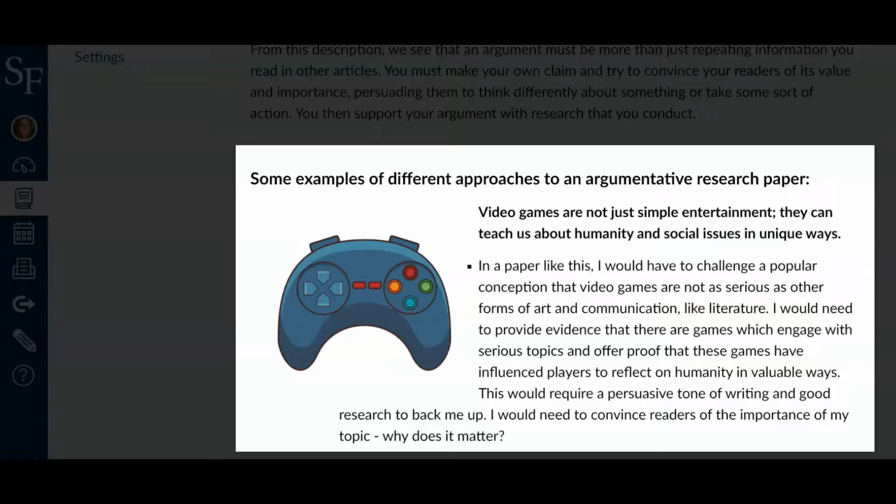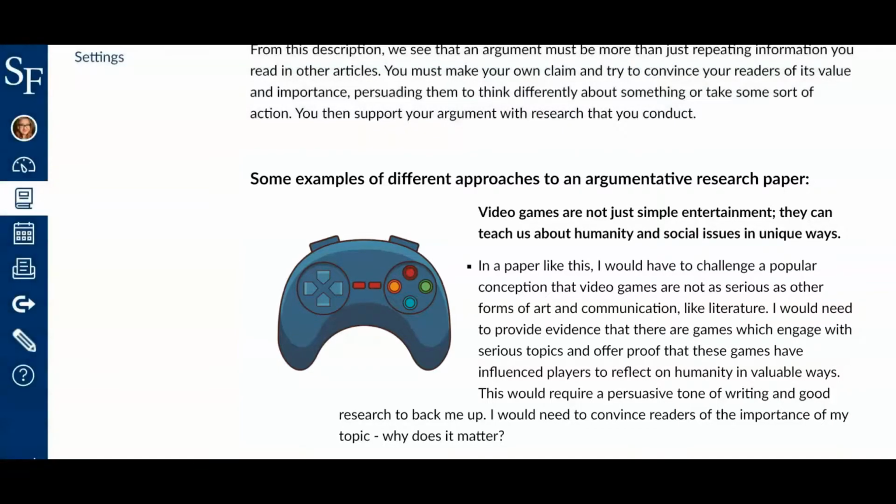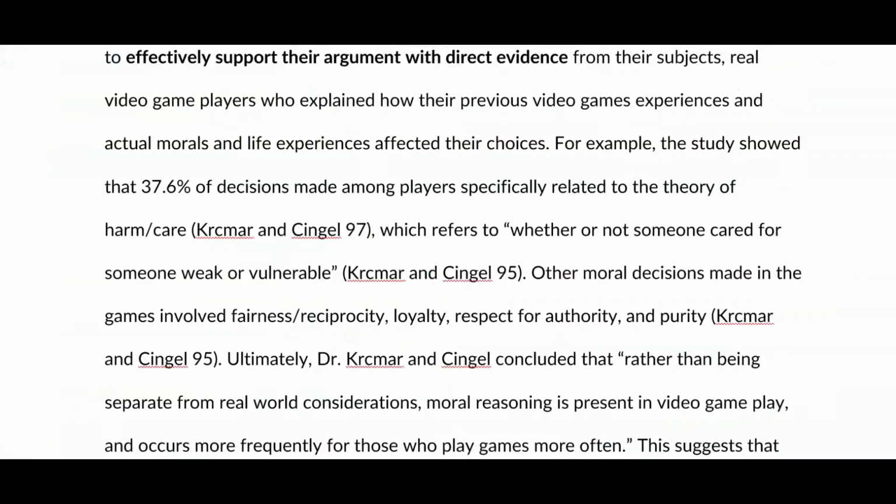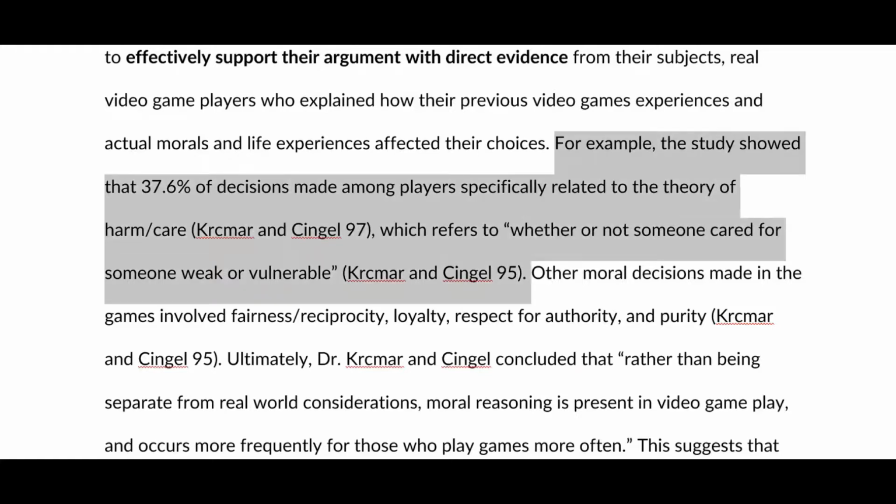I would need to convince readers also of the importance of my topic. Why does it matter? So part of the annotated bibliography is saying, okay, what kind of research do I need? What kind of proof do I need to back me up? And I found a source that gives me a good example of something I could use. And so if I go back to the critique and I say, okay, I did find some good information here that I do want to use in my final paper, so I can tell my reader about that in my annotated bibliography. So I am going to actually use some of my critique, and I'm going to move it back